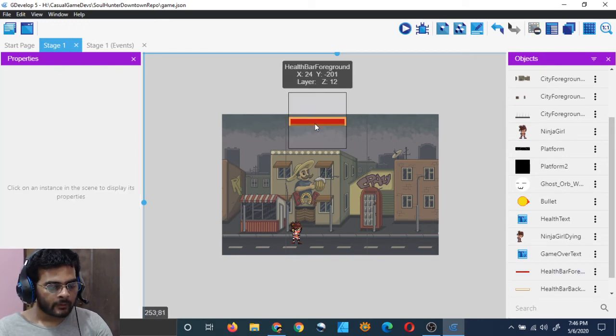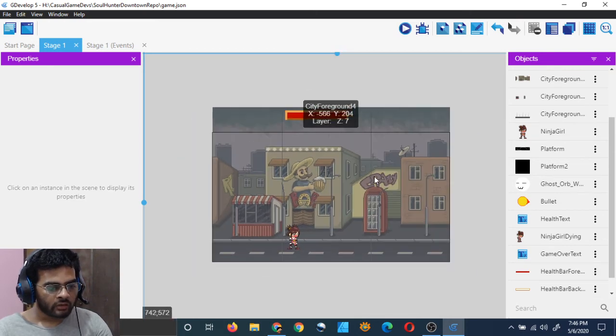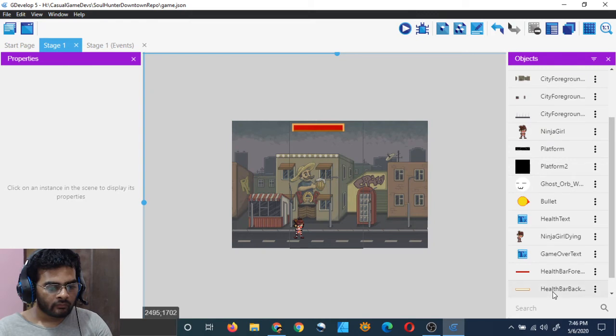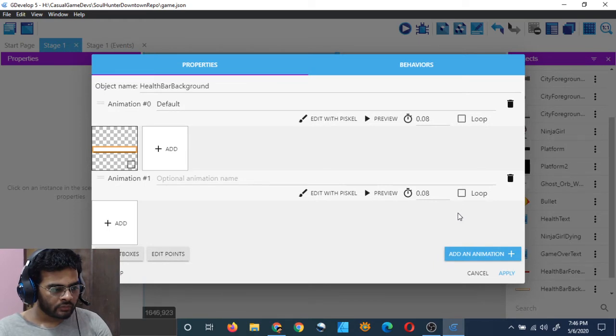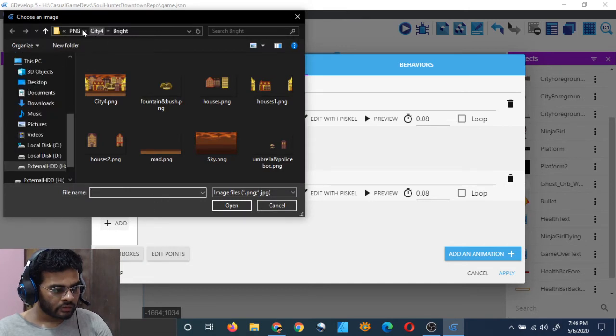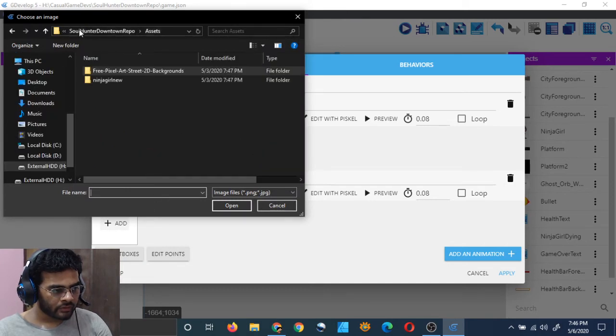One more thing, let me animate the background when she gets hit. Let me add an animation which will be just the duplicate of this. Can I not duplicate it? I think I can. I will add the assets.